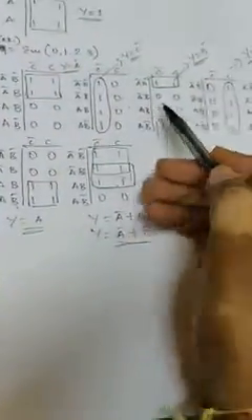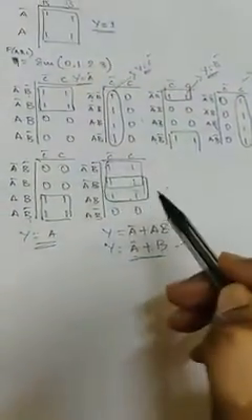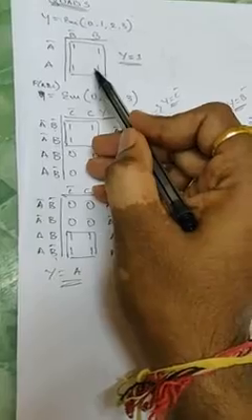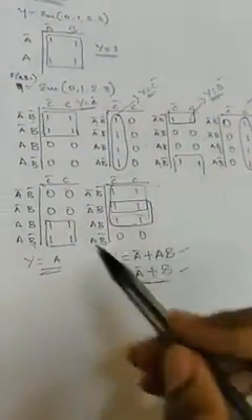After thinking in all these directions, if there is no possibility of a quad, then you are supposed to think about a pair. Okay, always give the priority for the quad. If there is no possibility of the quad, then you should think about the pair. So these are the following types of quads possible with respect to 3 variable K-map. This is the only possibility of the quad with respect to 2 variable K-map. I hope you understood with respect to 3 variable.